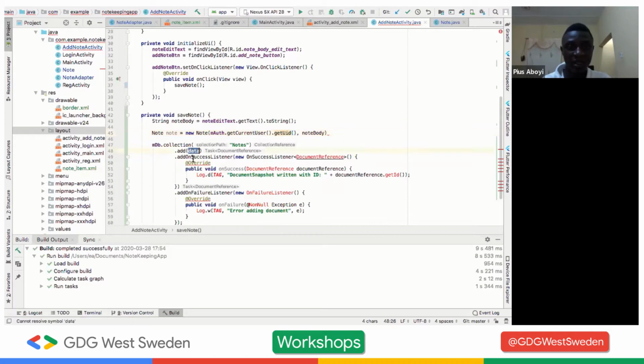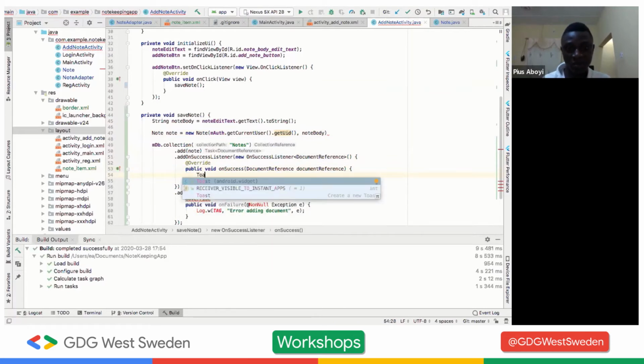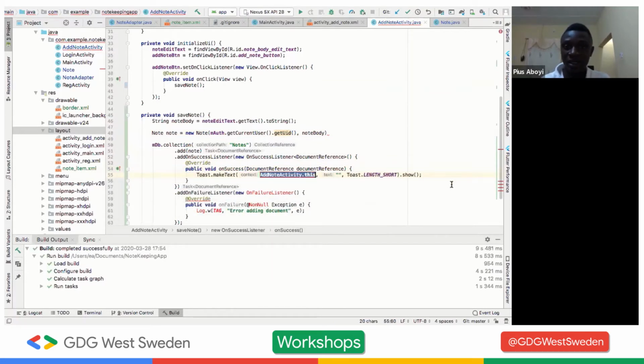So over here in our add, you can change data to note. And we just have to do a bunch of imports, alt enter, and we can get rid of this log and probably show a toast message. So for the toast message, you can say note added,